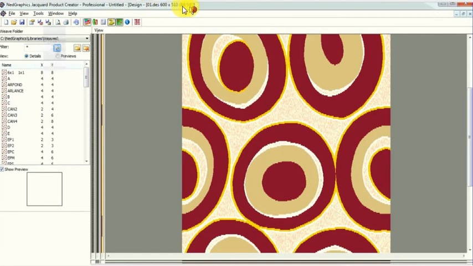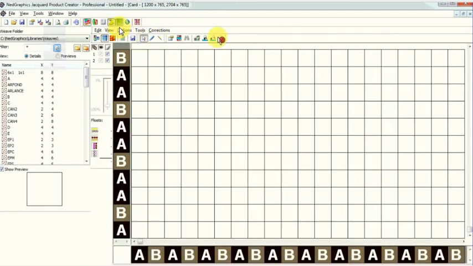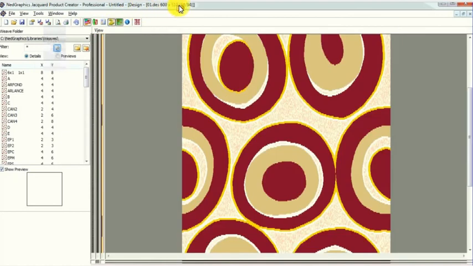Here reed and pick are 84 and 34. But when I see the card file, you can see here 1200, because my actual ends per inch is 168. But I edited this file as per the two color warp, 1:1 ratio warp. I just edited it in 84.